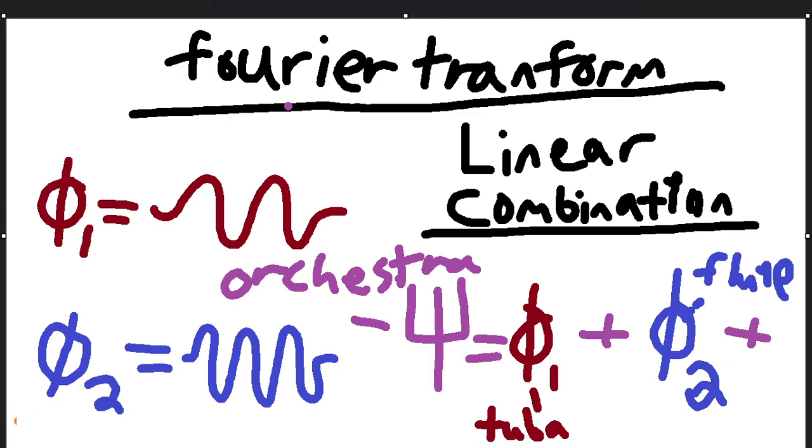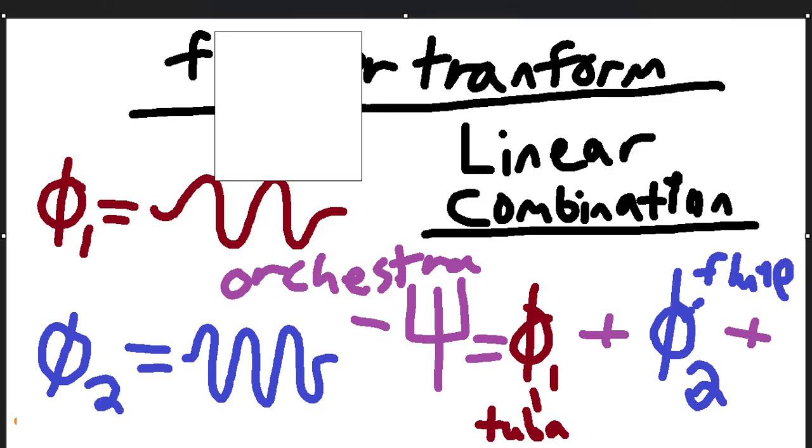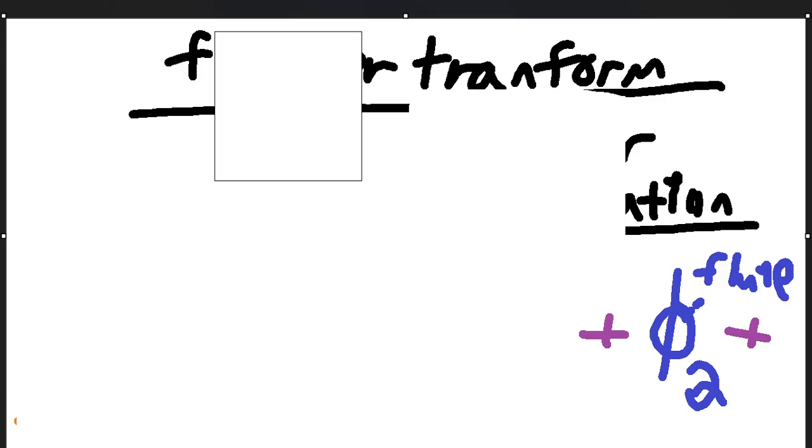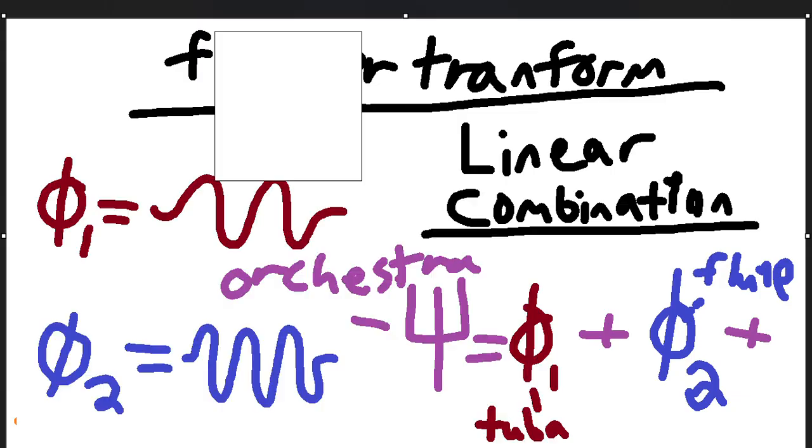And that's the idea of the Fourier transform: you can get to any orchestra wave by adding up all the waves of all the instruments together. And we're going to do a slightly more interesting version of this